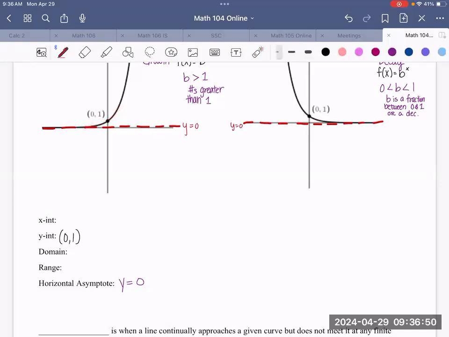If we know x-intercepts are where x is a number and y is 0, well, if we cannot touch when y is equal to 0, we're not going to have an x-intercept. It is not possible for this graph to touch this line, which means your domain and range will